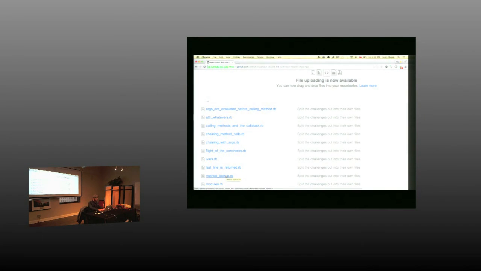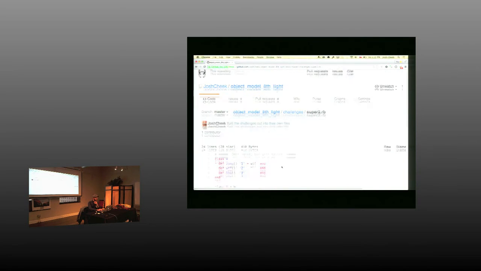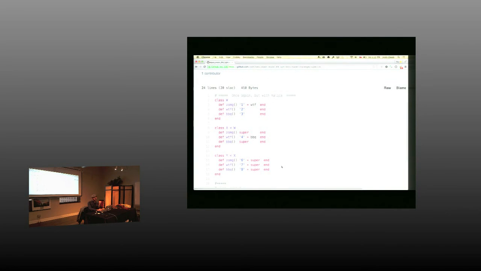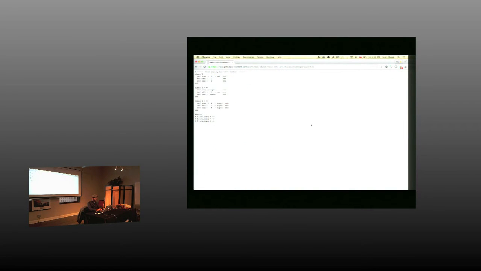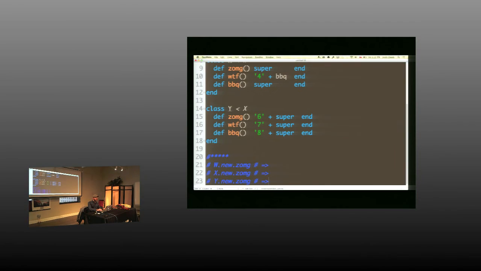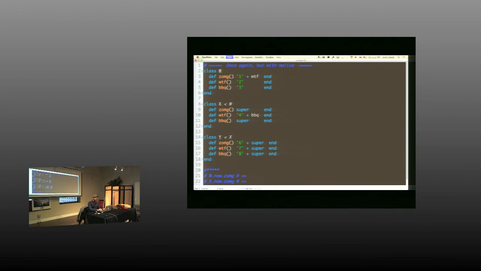So we'll go in here, and based on what we talked about, let's look at this one, this might be fun. This is a harder version of another one, but given the amount of time we have, I feel like this is the one that's going to be the most fun to do. It's called Super 2, inside of the challenges, inside of the material on my GitHub. And your goal is to basically predict what's going to come back from there. And if you get that one, go on to that one. And if you get that one, it gets nuts on this last one, and it will surely befuddle you. And then you'll have to come back, and I'll explain it.